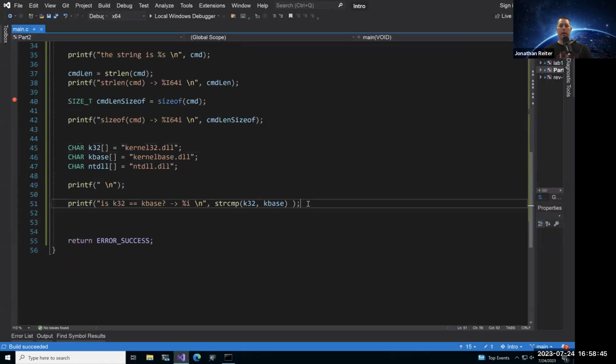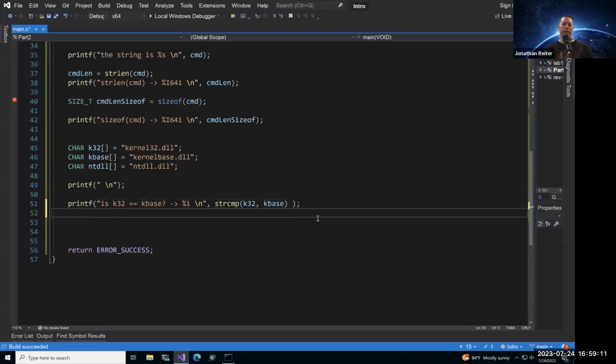If you look up the documentation, it'll say that the strcompare function will return 0 if both strings are equal to each other. The -1 or 1 or what have you that could be returned otherwise is doing a lexicographical comparison. We don't need to dive deep into the weeds about all that.